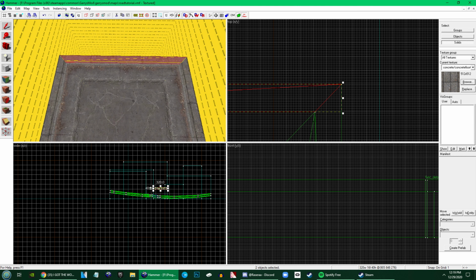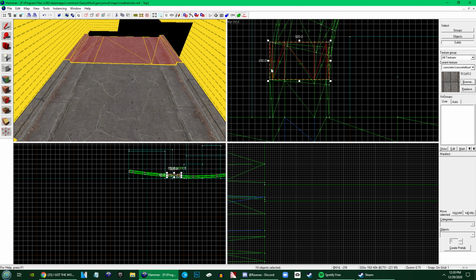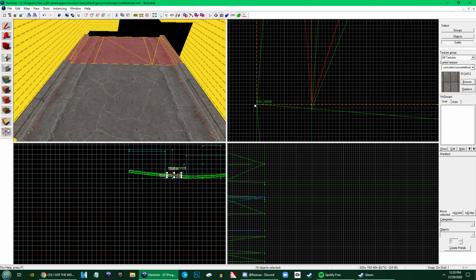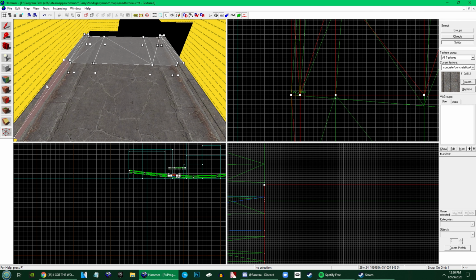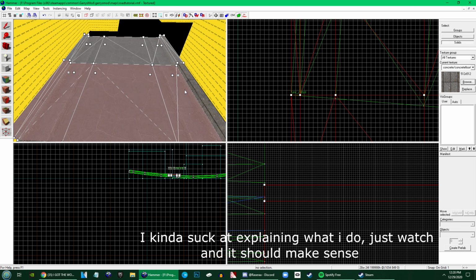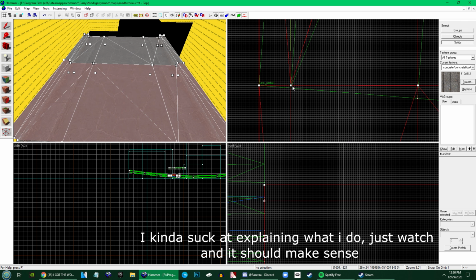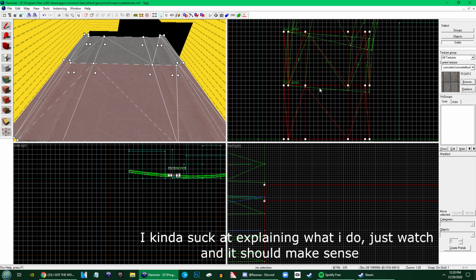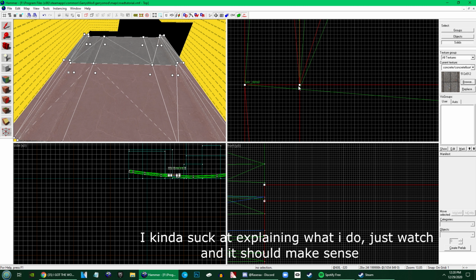Don't have to align the vertices perfectly yet with the rest of the road. Just gonna go ahead and copy this over here, and I'm gonna align it. And now we're gonna align the vertices so that they are about where they're supposed to be, but so that they're on the grid. So we're gonna go ahead and zoom in at this first curve here,